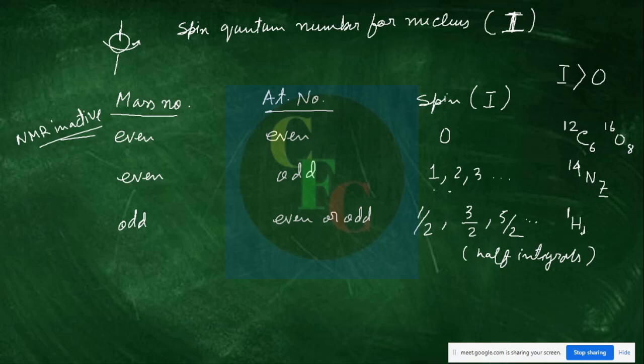13C, right? Or 17 oxygen, right? 19 fluorine, all these things. Okay, so in these things the mass number is odd and the atomic number can either be even or odd. Now most common NMR actives, these are all NMR active,